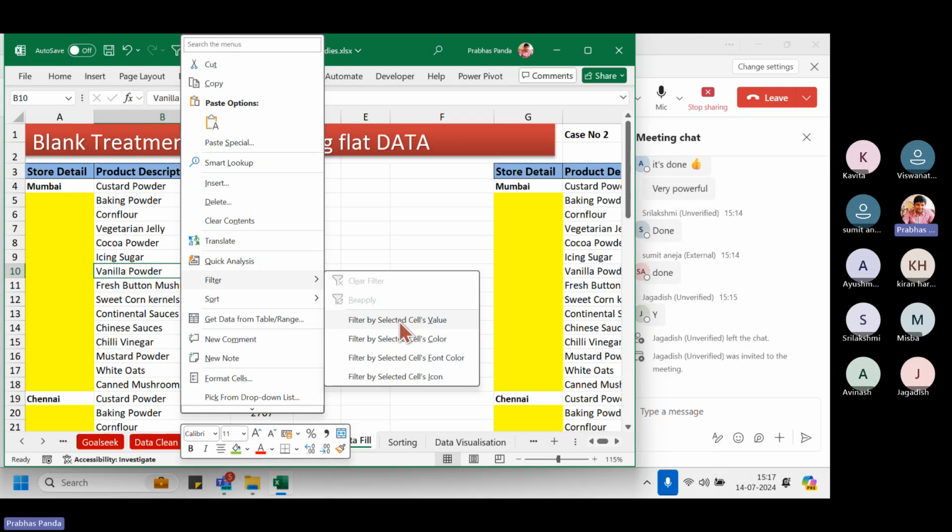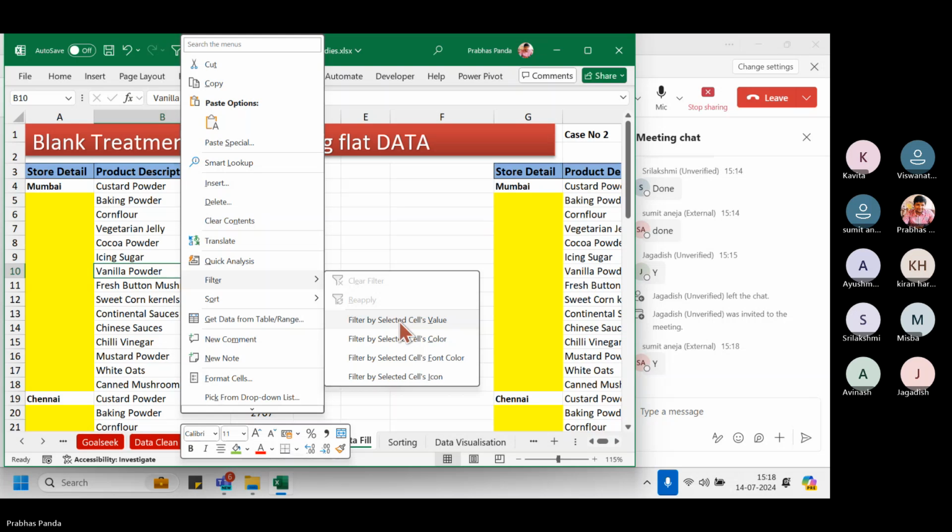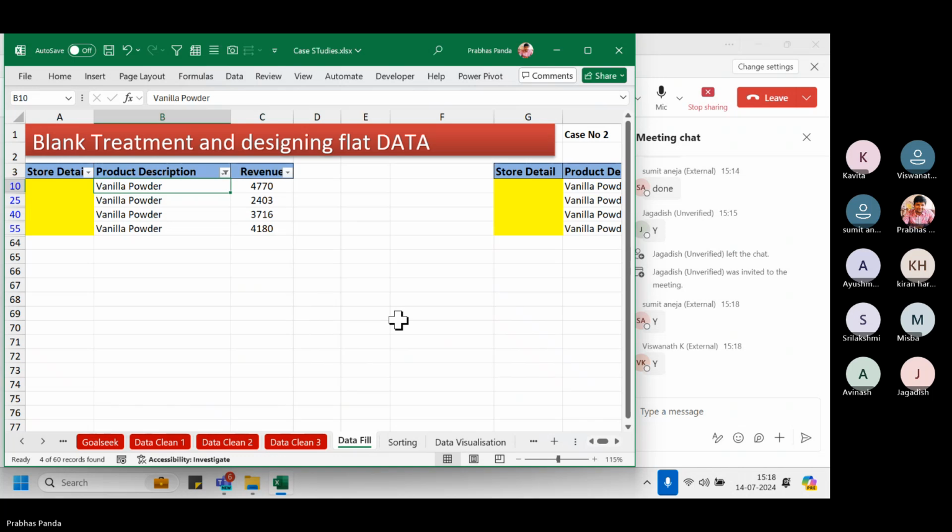So many times we have witnessed the right click, but we have never explored that we can filter quickly on a mouse click also. Do you agree with me? All right. Now, once I do the filter, you could notice that